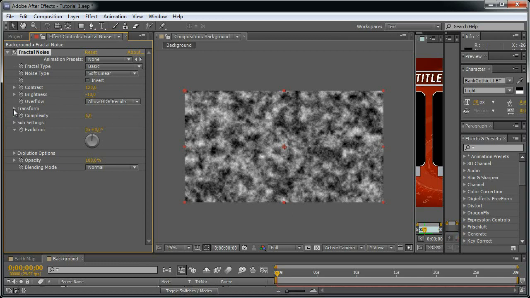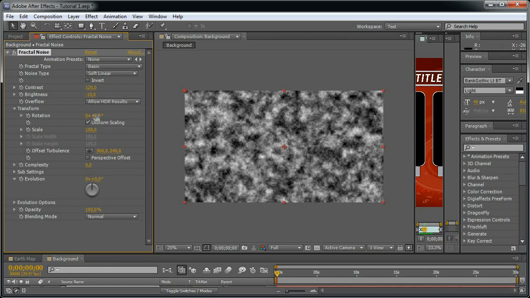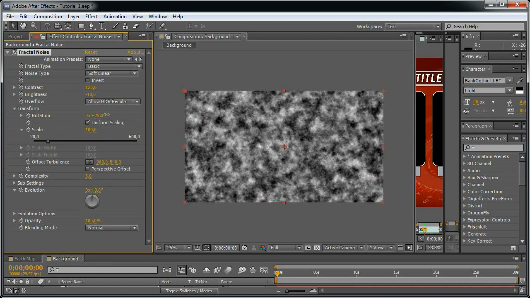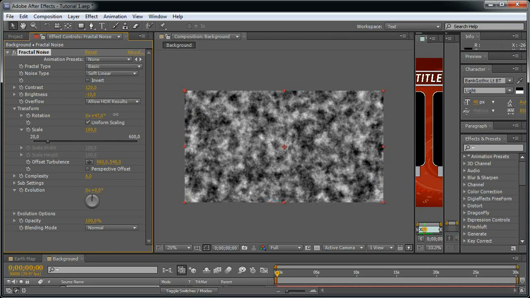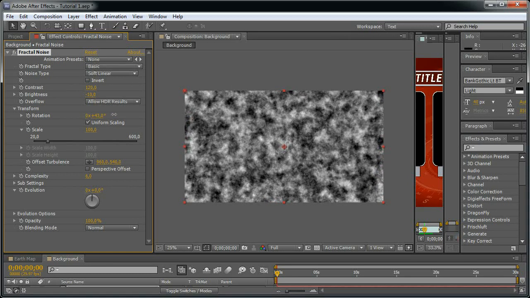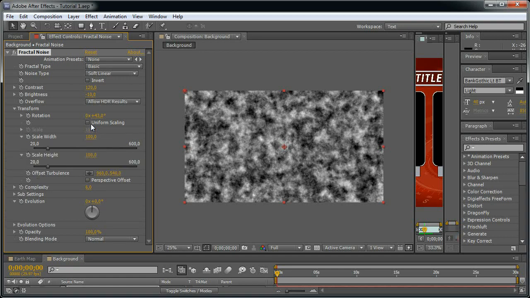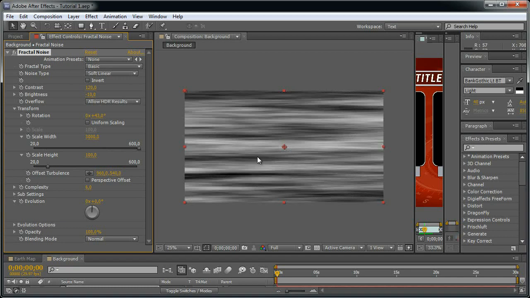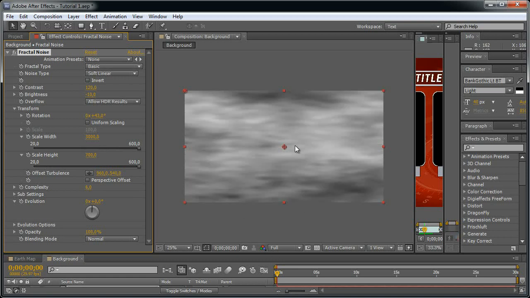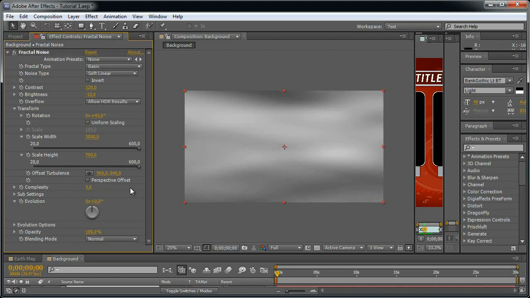And let's open the transform options and just rotate this one a bit like so maybe, and uncheck the uniform scaling and set the first one to 3000 and the second one for the height to 700. And as you can see, this is how it looks. Let's set the complexity to 3 because we want less detail,